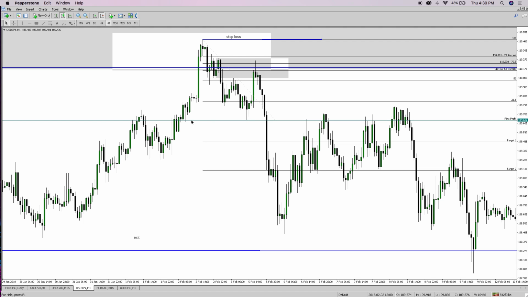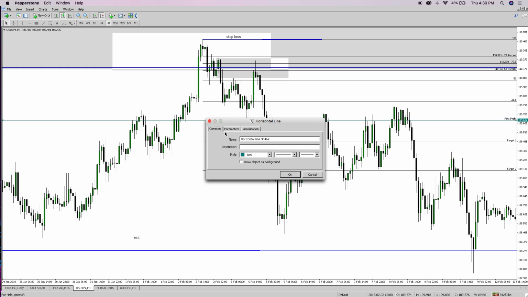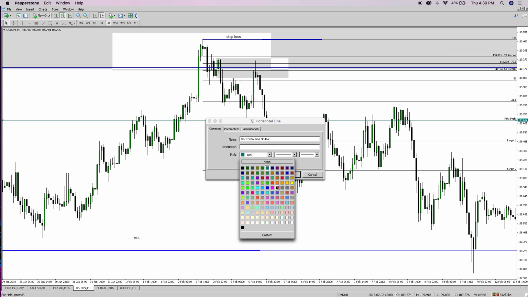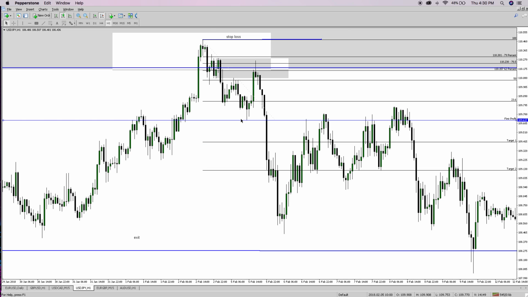So first level of support would be this level here. I'm going to put it in blue so you could see it. This is a support level because notice it acted as support, traded higher, traded down, found support, traded higher, right? So that's going to be my first profit. And like I said, from the entry, that's about 50 pips. Okay? So I would have taken a portion of my position off, moved my stop loss now to this high,